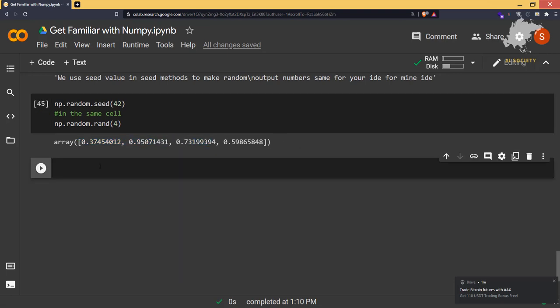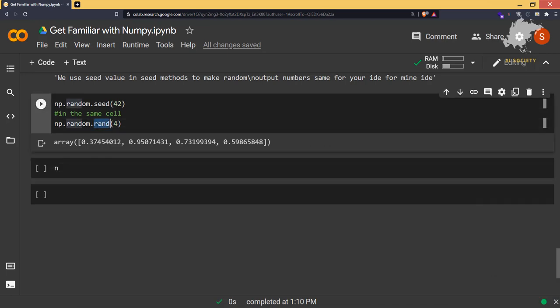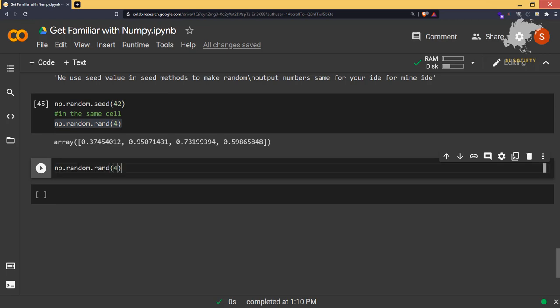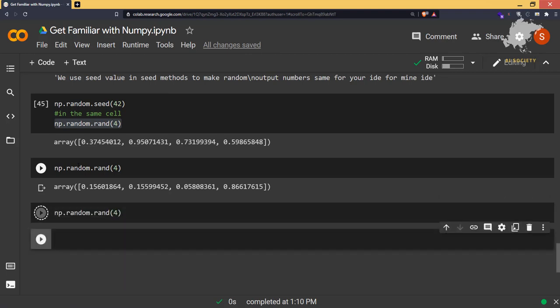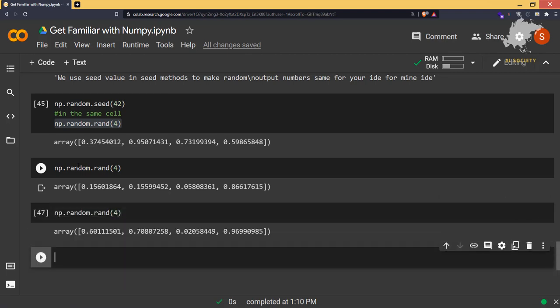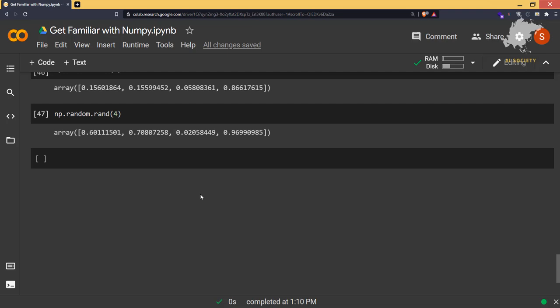After that, let's try something here. If I copy this code and run it again, it is again going to give you the exact random numbers as me, but a different set. If you run it again, it gives you the exact random numbers as me, but a different one. So whenever we use random numbers, we're first going to set the same seed value, then move forward, and after the project you can play along with it.